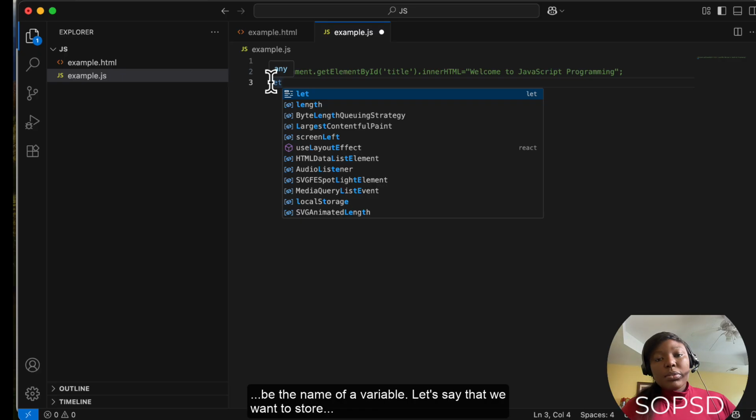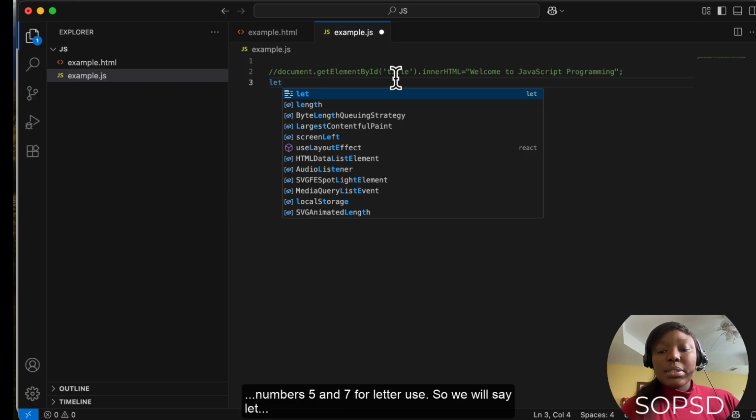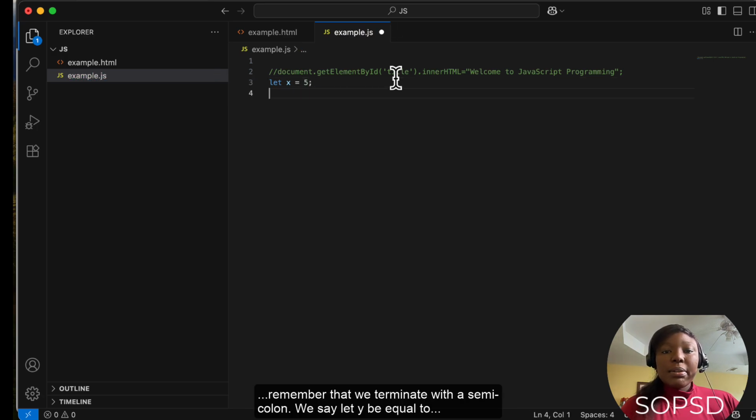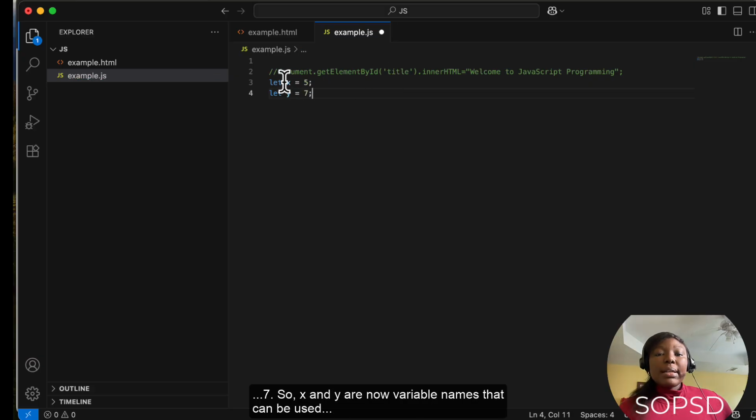Let's say we want to store numbers 5 and 7 for later use. So we'll say we want x to be the container that holds the number 5. Remember that we terminate with a semicolon, and we'll say let y be equal to 7. So x and y are now variable names that can be used throughout this page, and they store values of